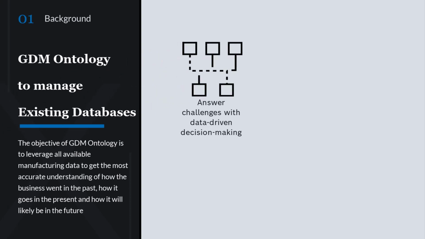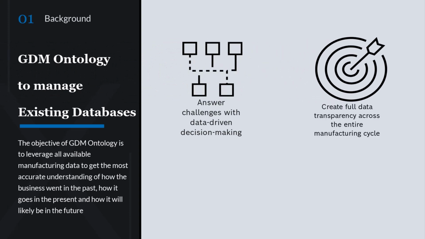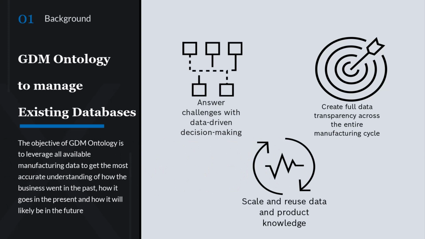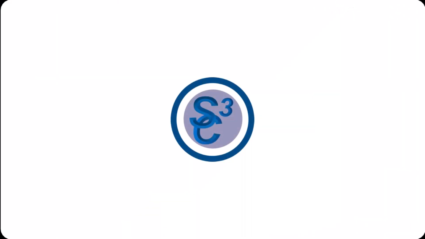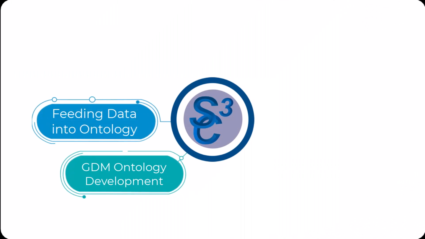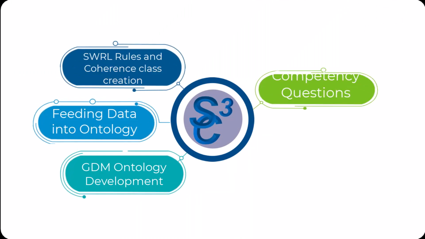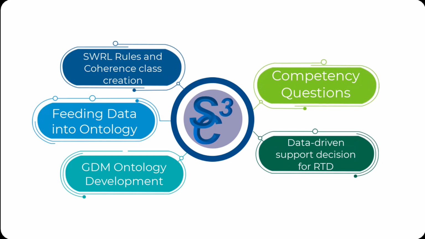The ontology is further improved by mapping different databases' data to answer decision-making challenges, create transparency across the various databases, and reuse data in other applications. This demonstrator will show how the ontology is developed and improved, map and feed the data from different sources, create rules and check for coherence, answer expert competency questions to validate the ontology, and show a use case with real